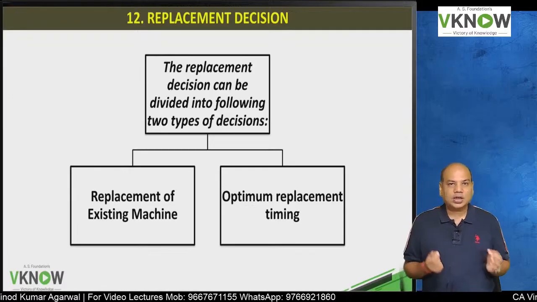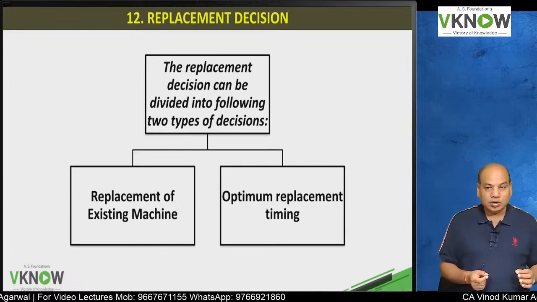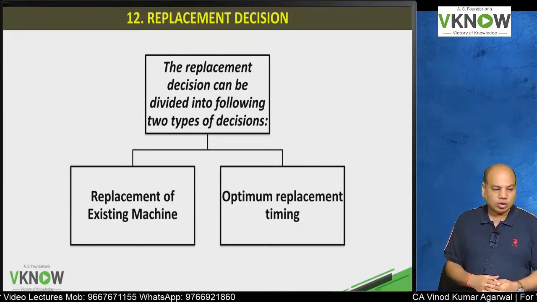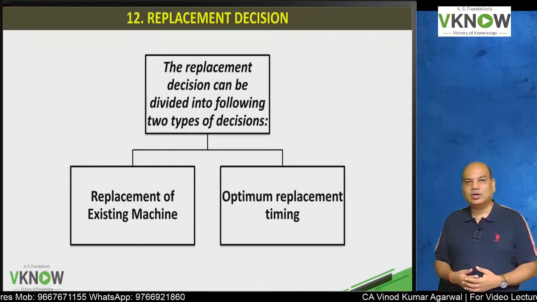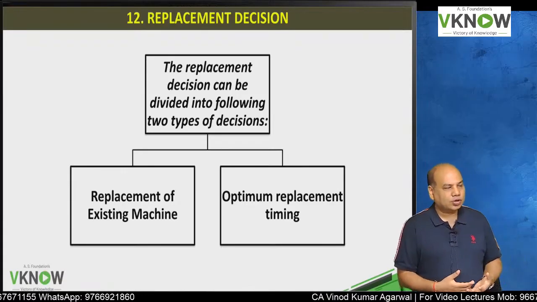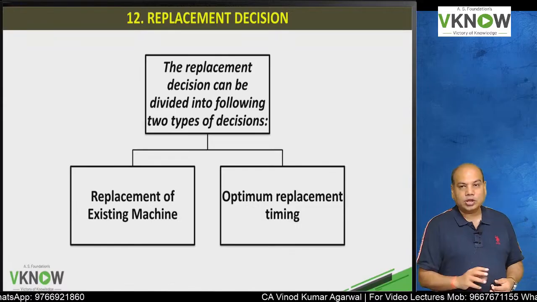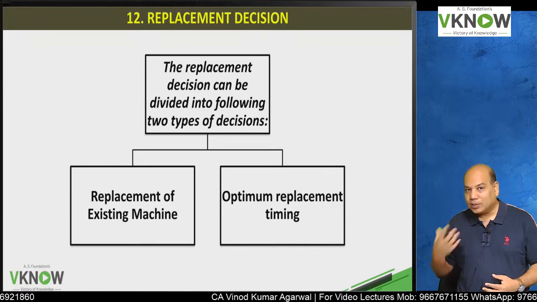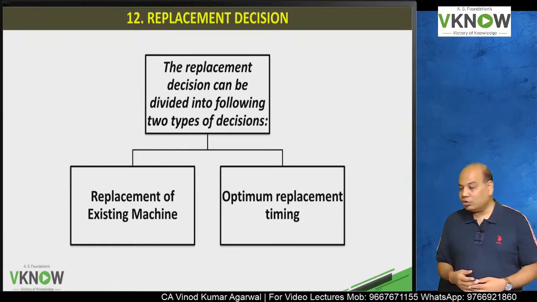So the question that they usually ask you, which you have probably studied in the intermediate syllabus also, is whether the old machine should be replaced by the new machine or not. That is a usual question, and there are varieties of questions you can get here. We are going to solve some of them, and that will give you an idea how to solve questions on replacement. But here we get two types of questions. One, whether to replace the old asset by the new one. But the second type of question, which you have probably not done in detail in intermediate, is optimum